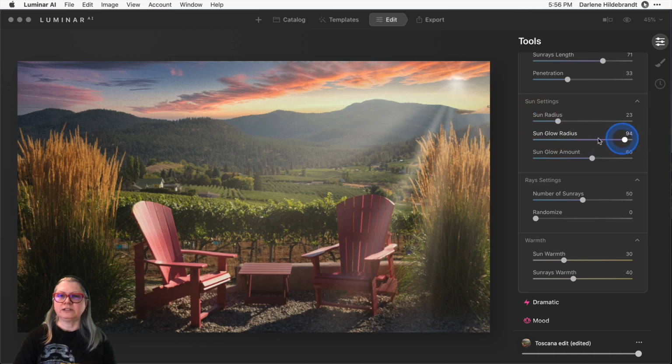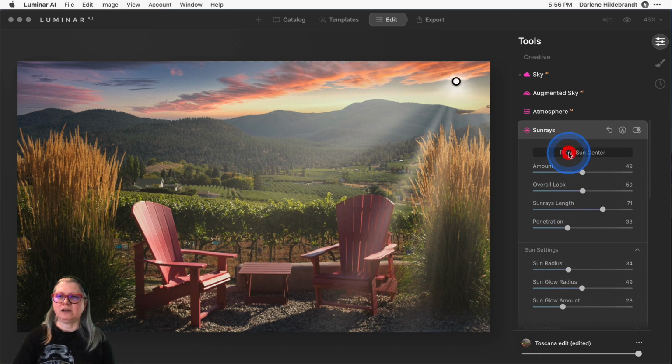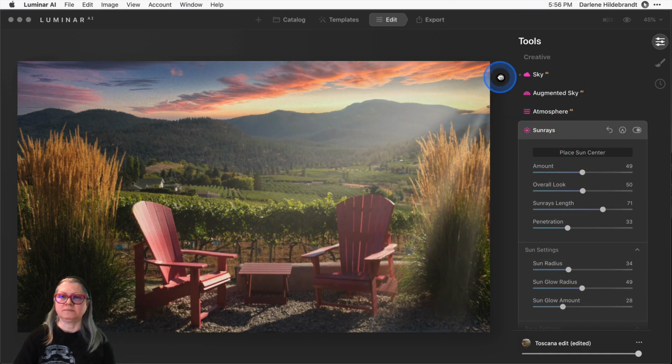Okay, the glow radius is how far out it's going, so they're similar and they work together. And then the glow amount, again, similar. So play around with these. I find that I like to have the sun radius fairly low, and then depending on where the sun is, I might have a bit of a glow or not. So I don't really need either of those because the sun is out of the frame.